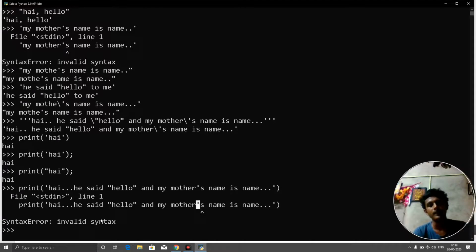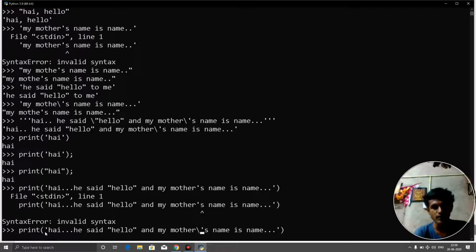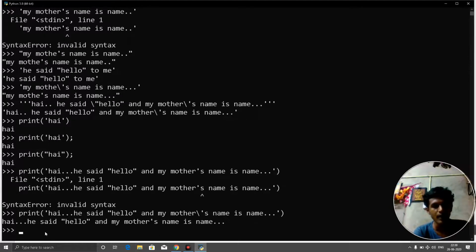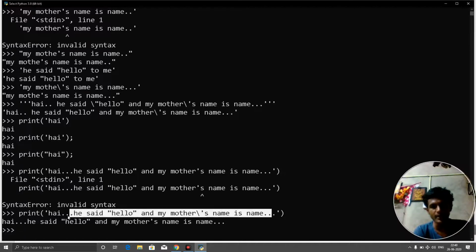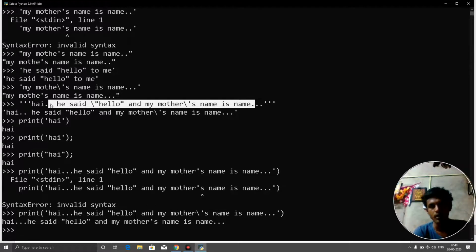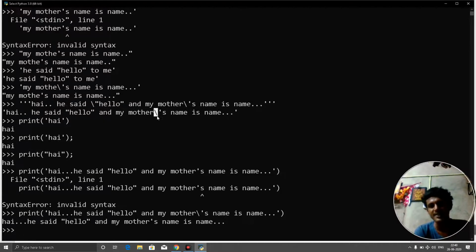So instead of that, if we type one slash symbol here, then it will treat this as a special character. Now I think it will not give an error. Let's check. And here you can see the sentence is the same as this sentence, but at this position we did not use the print statement, so we get slashes here, which is not a good thing in the sentence.